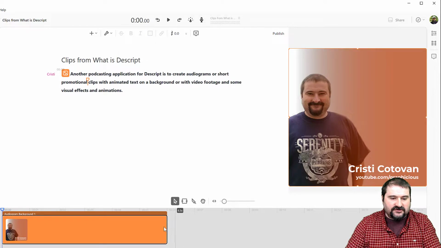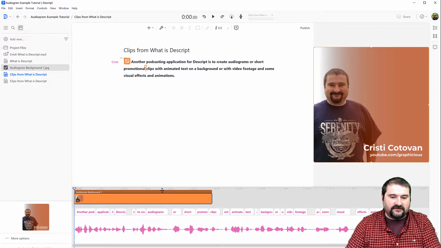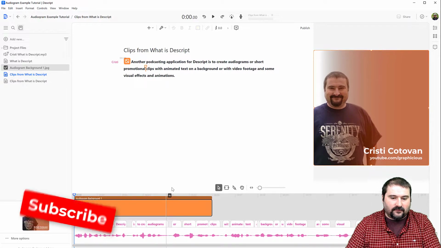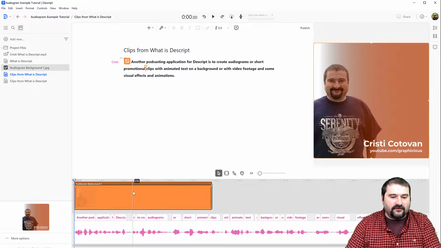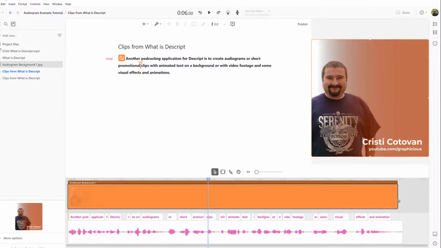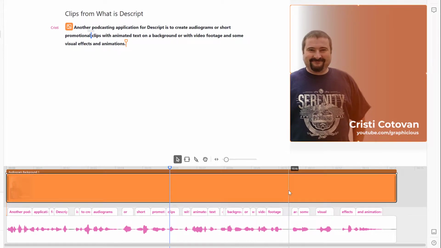First of all, I want to make sure that on the timeline down here, if you don't see it too large, it means it's kind of small. So you can drag the top of the timeline and expand it so you can see both elements, your script track and then your image track. You can see that my image track by default is not long enough. It doesn't last for the whole duration of my audiogram. So I will select the end of the clip and drag it to the end. That makes the image long enough so it lasts for the whole fragment.